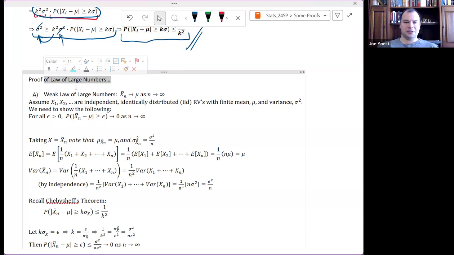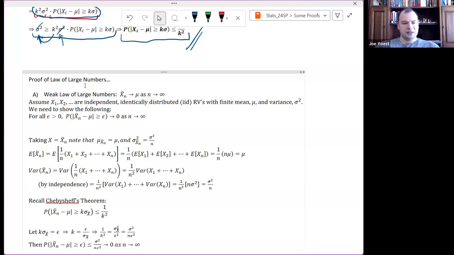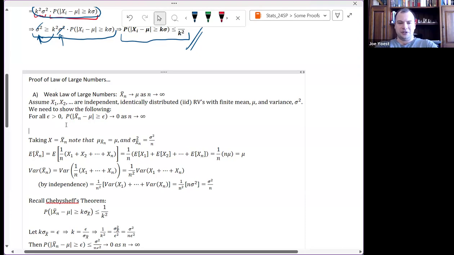So let's try to prove this. We're going to start by proving what is sometimes called the weak law of large numbers. It's weak in the sense of the type of convergence. And we'll talk a little bit more about that later on. This is starting to touch into some areas that are a little beyond the scope of this course. So we're straddling the line between stuff that really belongs in this course and stuff that's a little more advanced. But just to give you a taste of that additional material, and to show you what these kinds of proofs, what this underlying discussion really looks like.